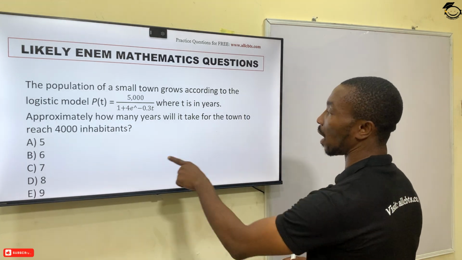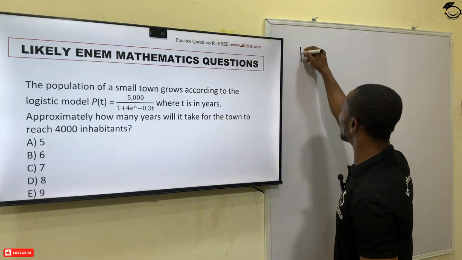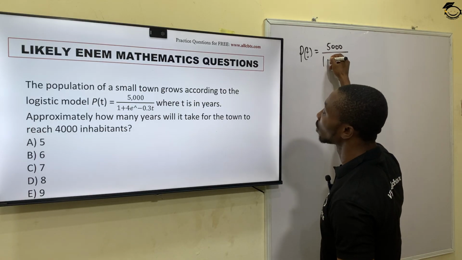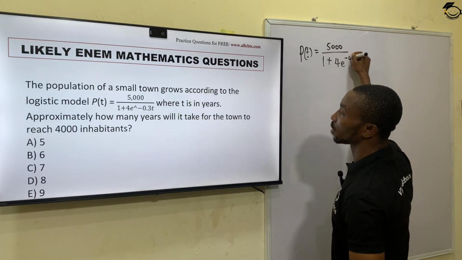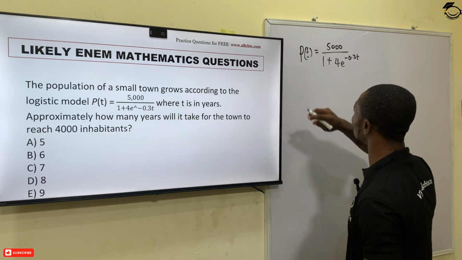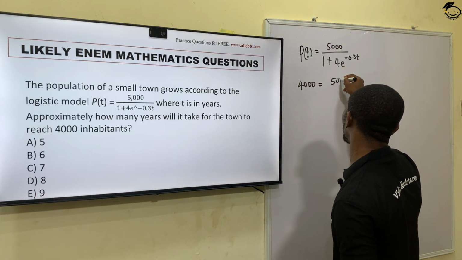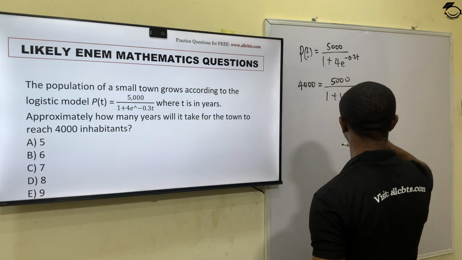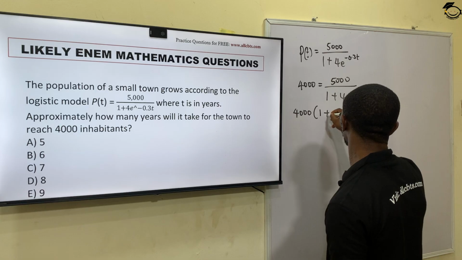Now, we've been given our estimated population to be 4,000. So looking at the formula, P(t) equals 5,000 all over 1 plus 4e raised to the power minus 0.3t. In this, we are simply going to make t the subject of the formula, where we have our P, estimated population, as 4,000 equals 5,000 all over 1 plus 4e^(-0.3t). Now cross multiplying, this gives us 4,000 bracket 1 plus 4e^(-0.3t)